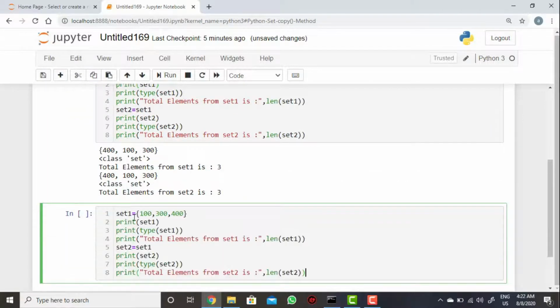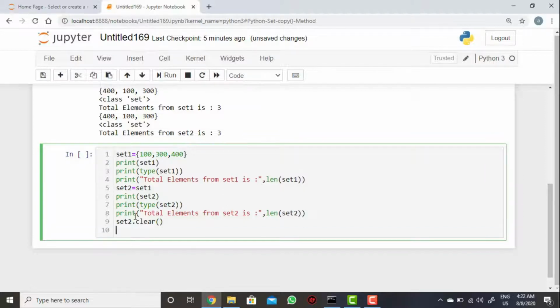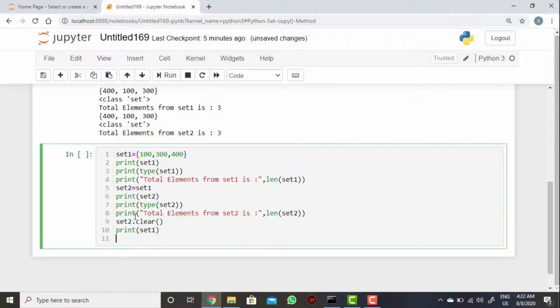Now let's see what will happen. I am trying to remove the values here, so you can say set2 dot clear. Clear removes all the elements from the data structure. Now let's see the same thing: print of set1 and then print of set2.